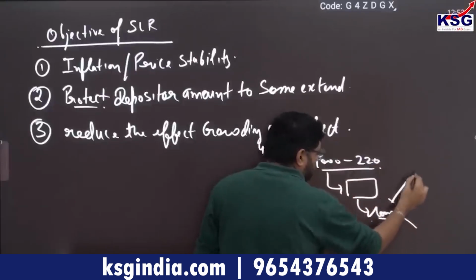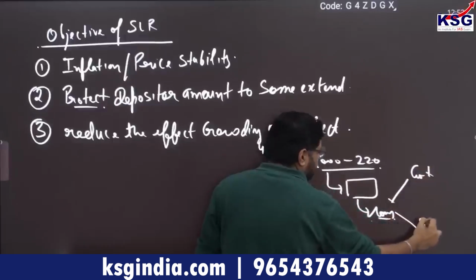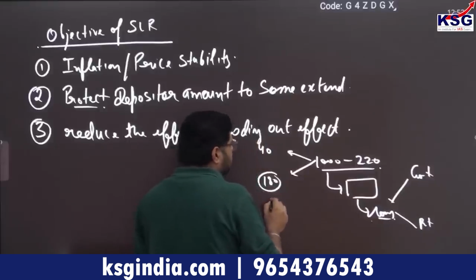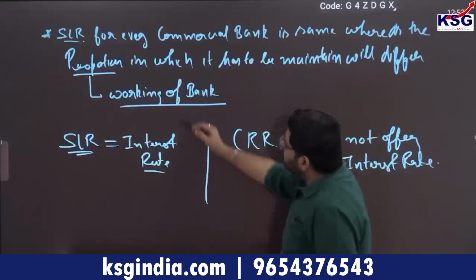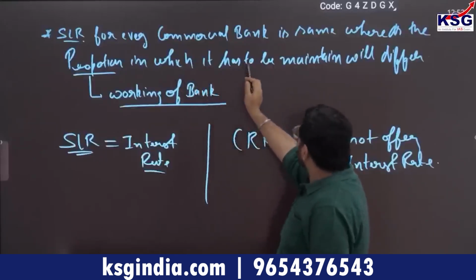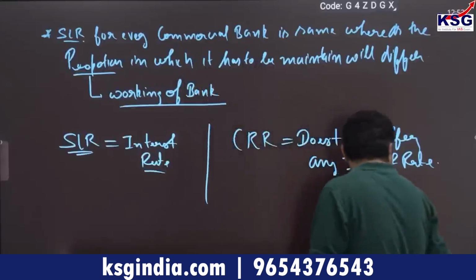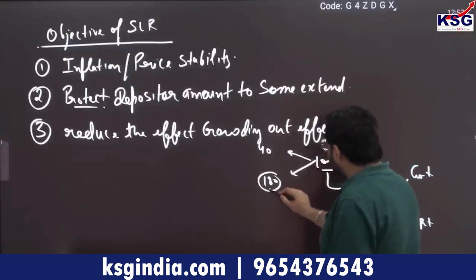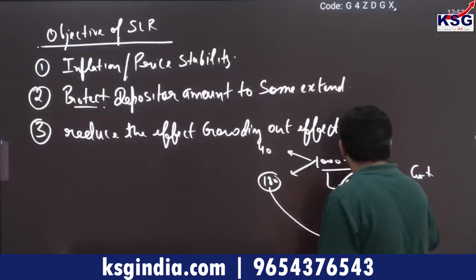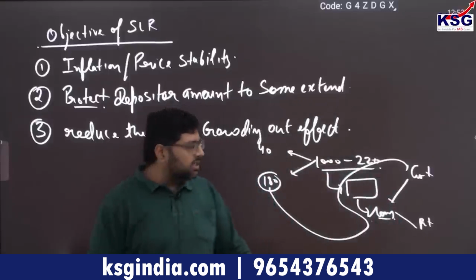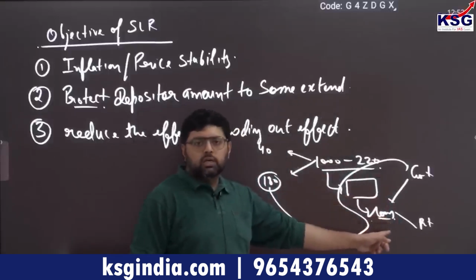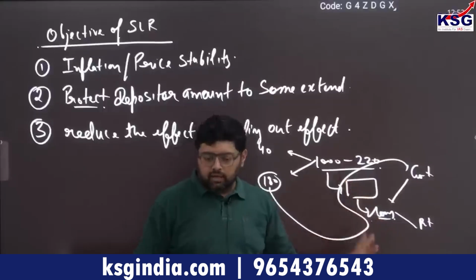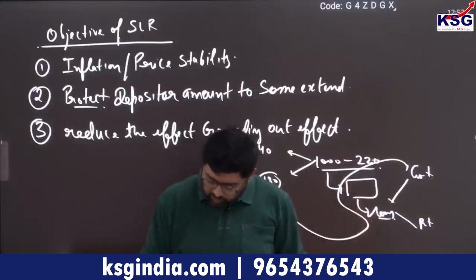Now here both government and private sector are looking for the loan. But suppose RBI says, as I gave you this statement, that the proportion in which it has to be maintained differs from bank to bank. So if RBI says that, out of 180, 160 rupees you have to give to the government as government securities, can we say that government dependence on this amount will reduce, and hence the private sector can take the benefit? Clear? So in this way it will reduce crowding out effect. Clear to everyone?